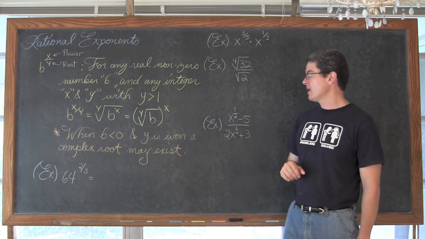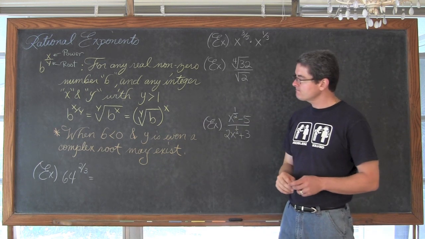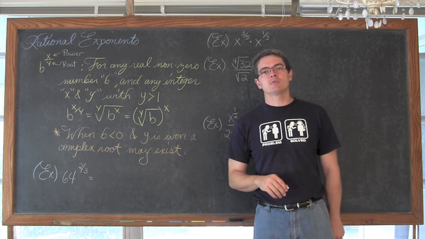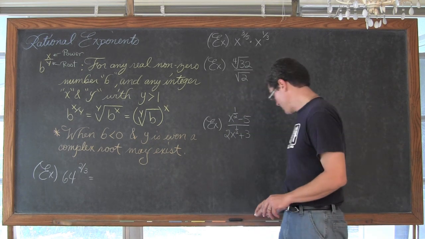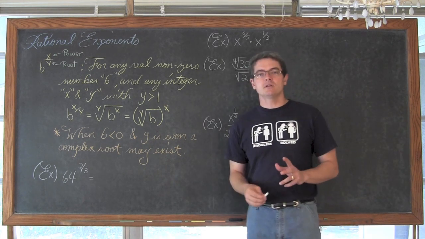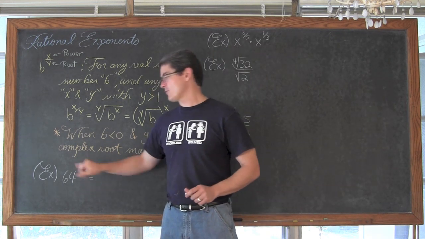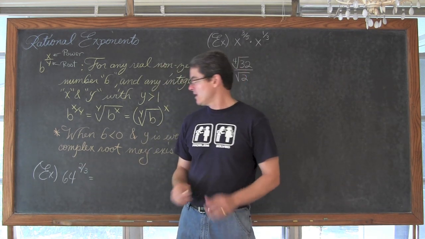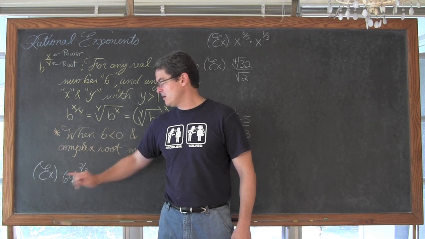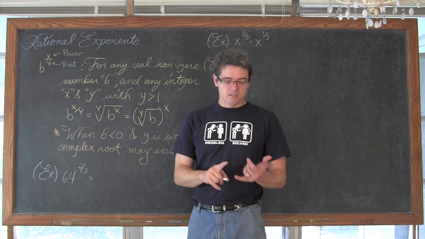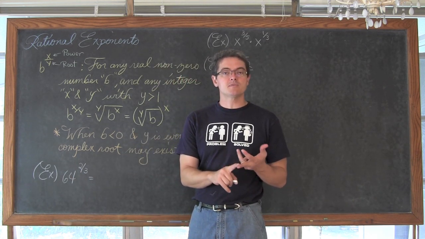Once again, if your base is negative and you are taking an even root, you may have a complex or imaginary solution. So we have 64 to the 2/3 power. Again, doing this off the top of our head without the aid of a calculator, it is going to be easier for you to do the root before you do the power. It keeps the number smaller. So the third root of 64. 2 times 2 is 4, times 2 is 8.